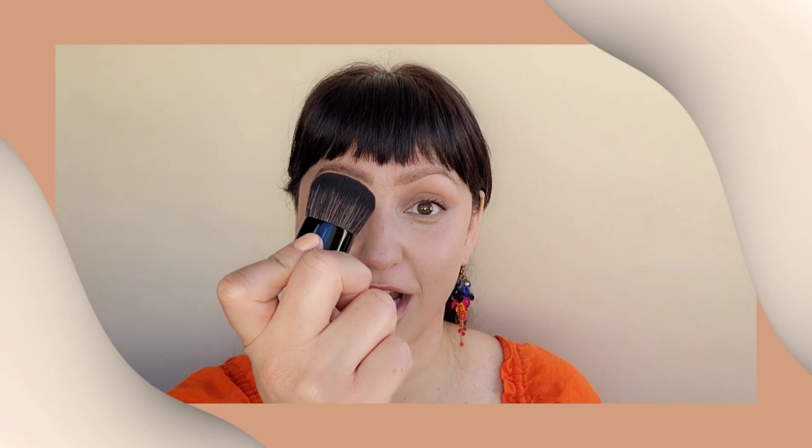Ooh, I almost forgot to tell you guys, it does come with a kabuki brush. So great for travel, it's nice and dense, and let me go ahead and show you guys, it really does pick up a lot of product, so it will create right away a medium kind of coverage look as well as a more intense highlighted effect. So if you want something lighter, go for this. I'd say in the morning as you're leaving the house,